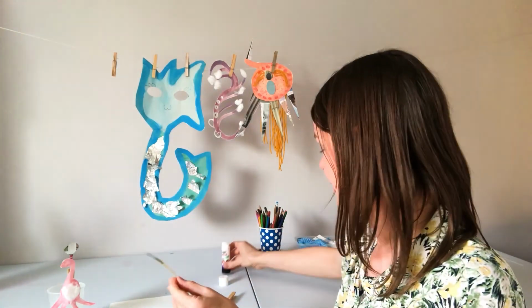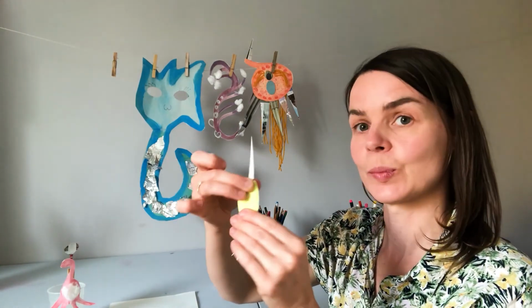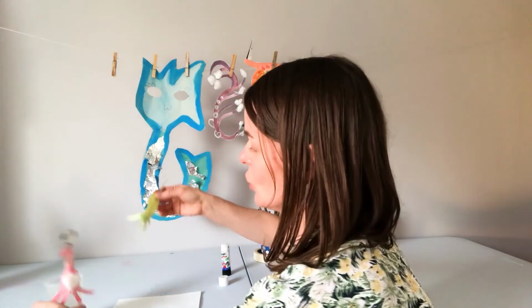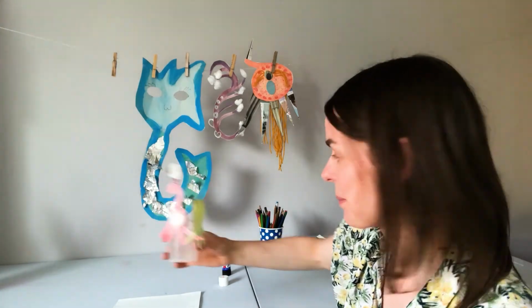And again, using the clothes peg, pressing it on. And it can join the fluffy dinosaur in your